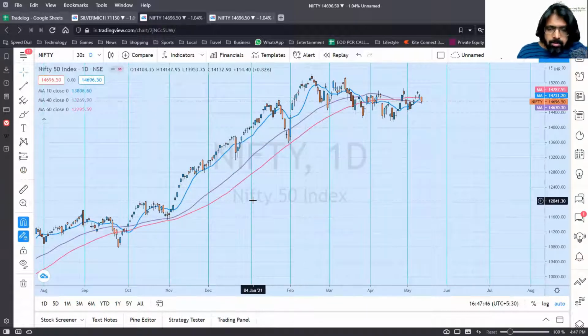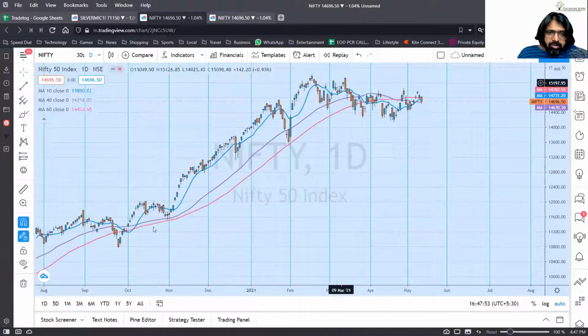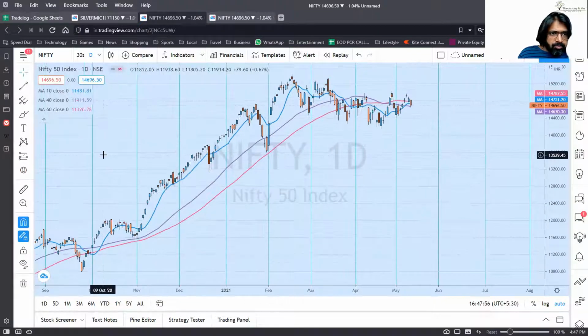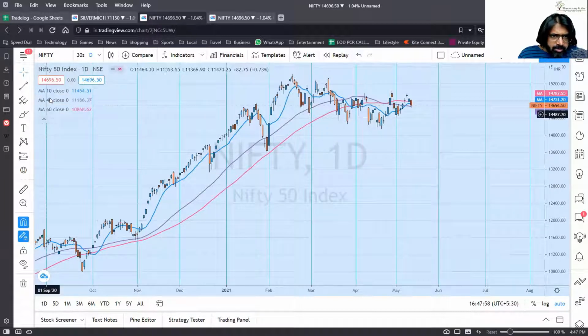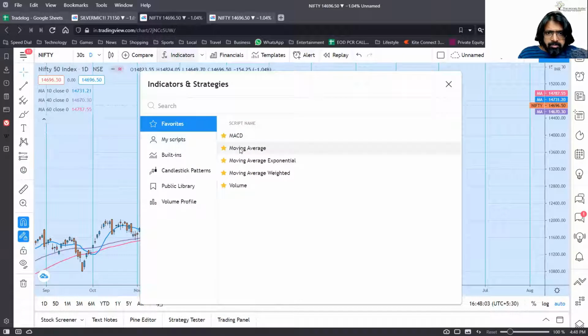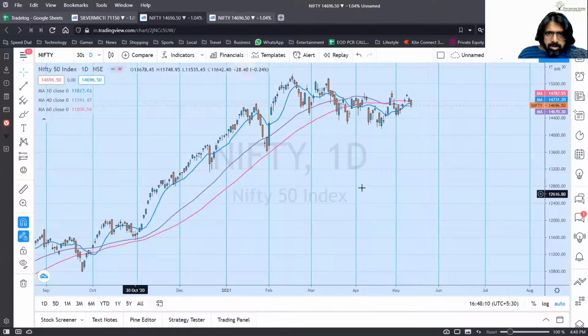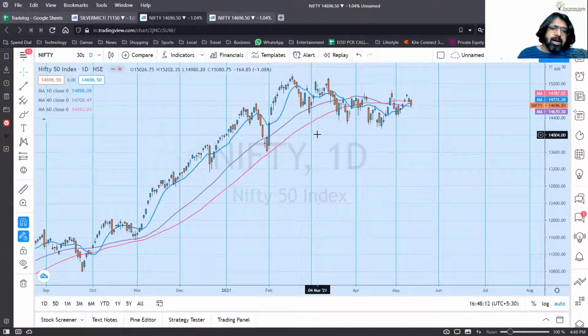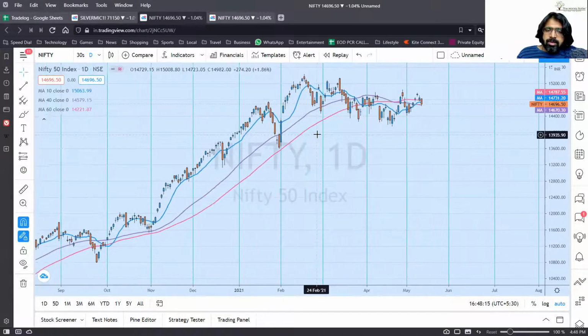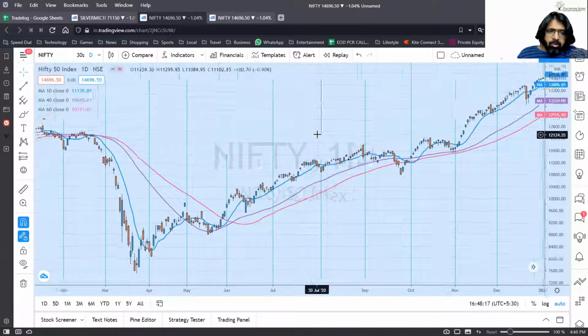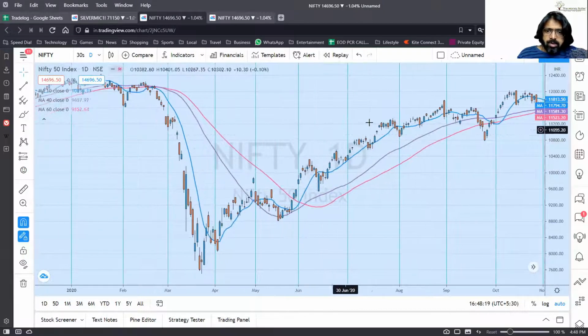Right. So now what the easy trading strategy 2 tells you is that when you draw these 3 or 4 different moving averages, okay, I think we have only three. We need one more. The 25 one seems to have gone away. Okay, so TradingView is not allowing us to add more. No problem. So when you are adding 3 or 4 of these moving averages, okay, you will see that